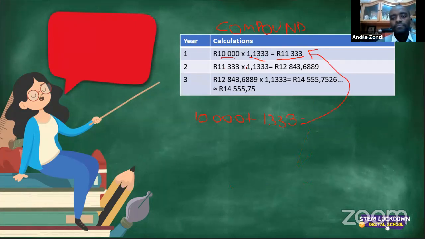For year 2, this is the amount of money that she has in her investment, 11,333. Each and every year it increases by 13%. 13% is obviously 100 plus 13, so 1.13. This is obviously your interest rate written as a percentage, as a decimal format, I mean. So your answer will be